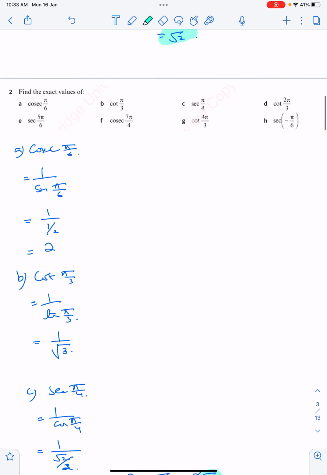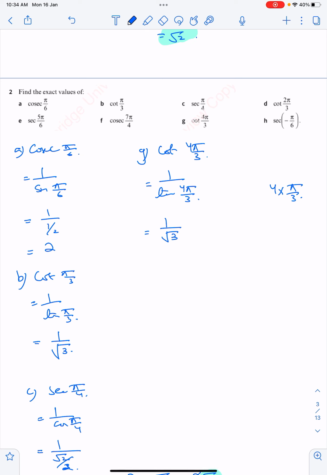Okay, moving on to the G part, cot of 4 pi by 3. Cot is the reciprocal of the tan function, so it will be 1 upon tan of 4 pi by 3. Pi by 3 is 60, multiplied by 4, so it will be 240, which lies in the third quadrant where tan is positive. Tan of pi by 3 or tan of 60 is root 3, so tan of 4 pi by 3 is also going to be root 3 only. So 1 divided by root 3 will be the answer